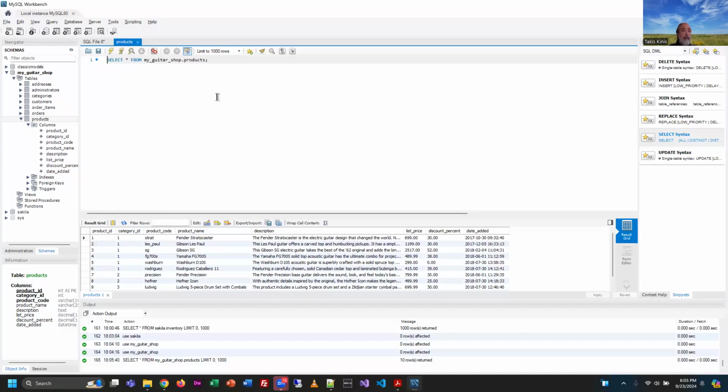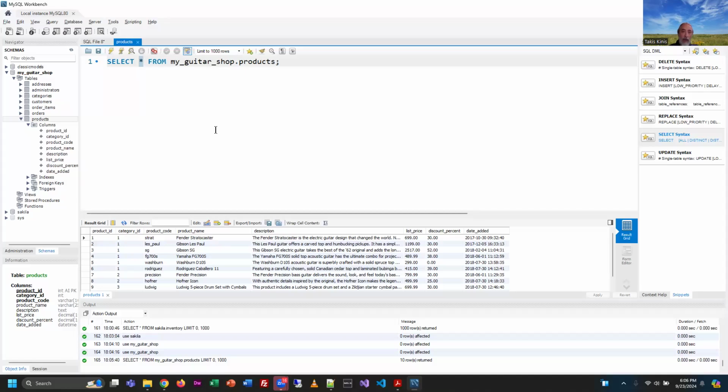I want you to notice that it did open up a separate tab here, and it also did a select statement automatically. So it wasn't really this magic piece of software that did it. It was really the execution of a select statement. The asterisk, at least in this format, represents what we call a wildcard. It's like select everything